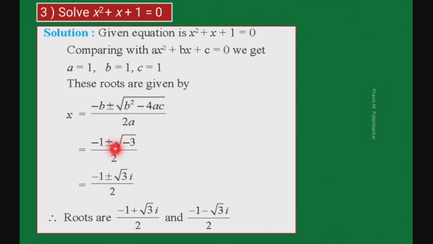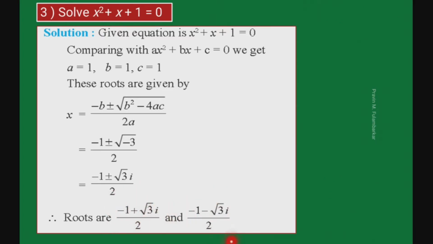So we write this b as 1, this b as 1, and ac also 1. So 1 square is 1, 1 minus 4 we get minus 3. So we write directly, or you can find b square minus 4ac separately, that is delta, that is the discriminant. So we get the discriminant minus 3. So we get root of minus 3, which we write as root 3 i. So here we get two roots, minus 1 plus root 3 i by 2 and minus 1 minus root 3 i by 2, which we